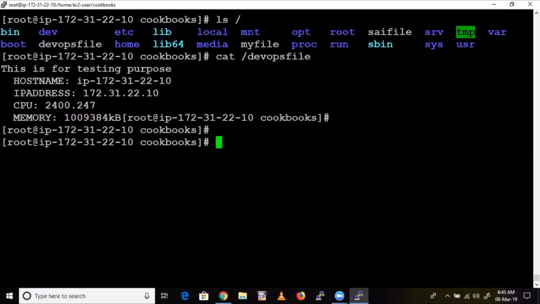Any doubts here? Sai, if I want to display the current date and time every time I run this, is there any variable like time? That is a Linux concept. We have a command in Linux. In Chef, somewhere you will find that key value. Okay, so can I create my own key value pair?